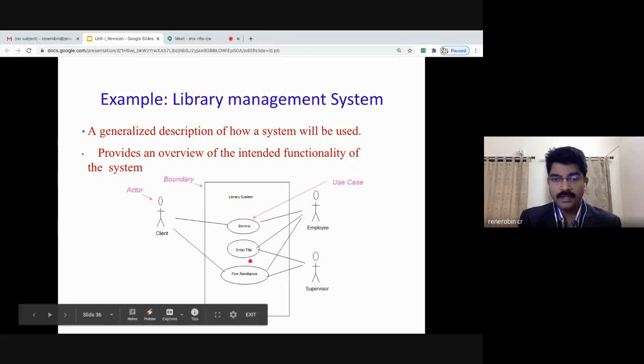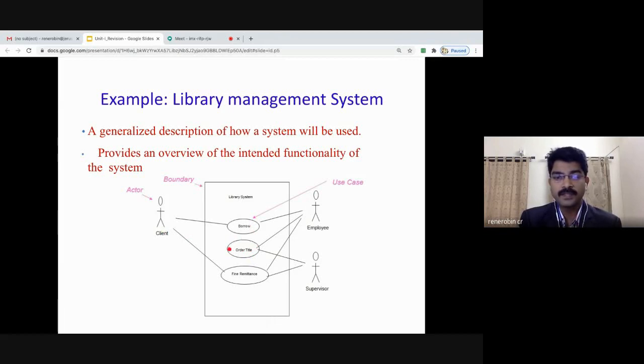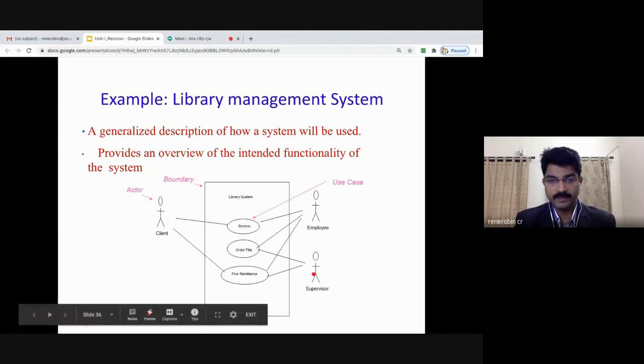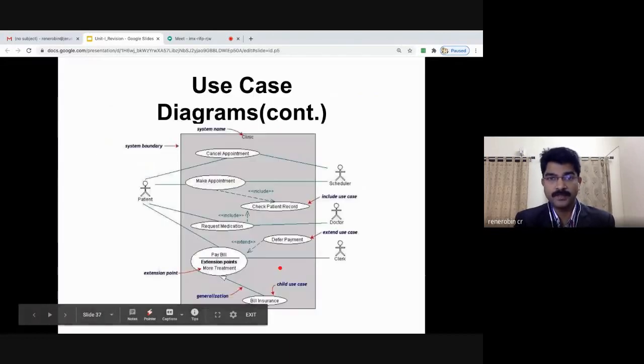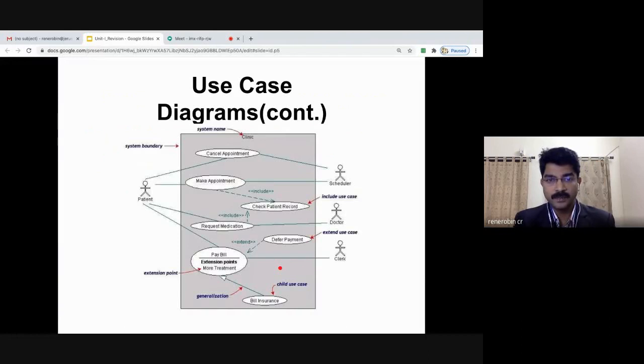Similarly, order title. Why is there no association between this use case and the client? This is purely dealing with ordering titles. Only the people who are in the library will deal with this. So we have the association between order title and the employee, and order title and supervisor. Similarly, you have to identify the associations. Let us see the use case diagram of